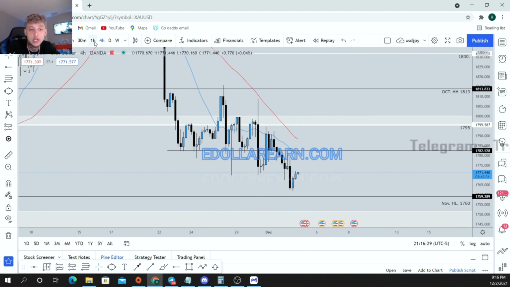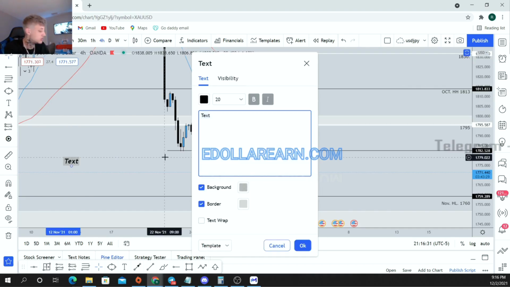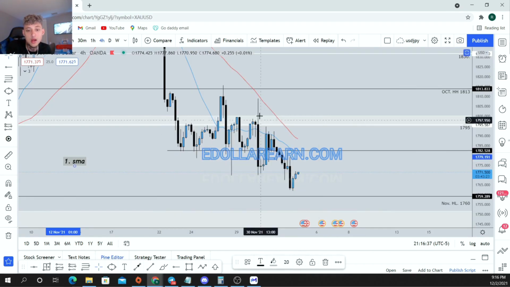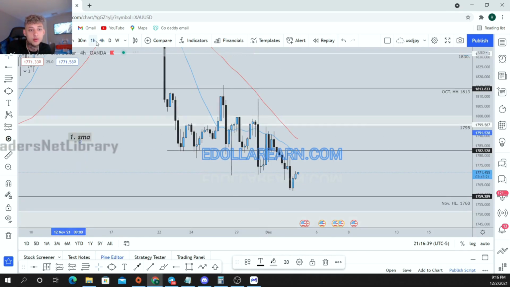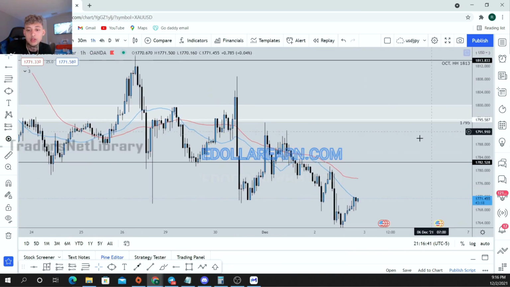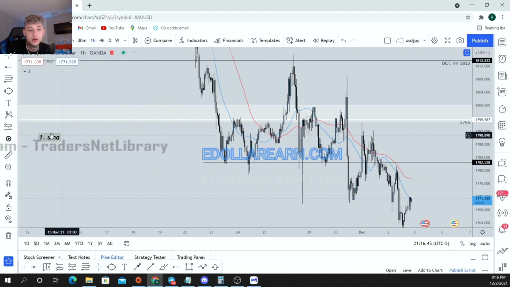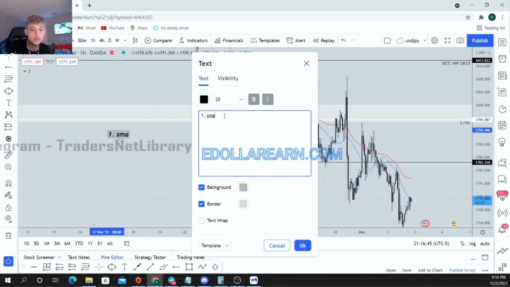to me taking this position again, let's list off the confirmations, right? The sells. 1, we have the SMAs. You always want to check the SMAs on the 4-hour time frame. On the 4-hour, they're red over blue. Now let's just go down to the hour and see how things are actually playing out here. We have 2,